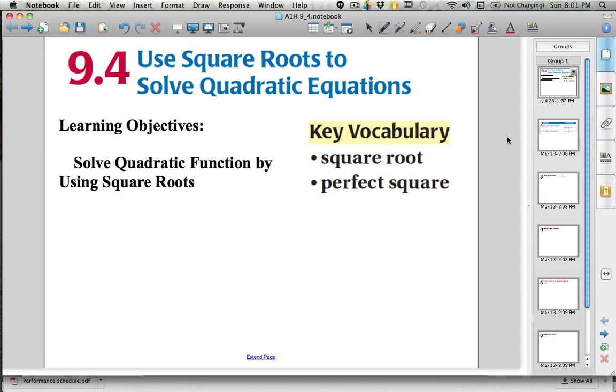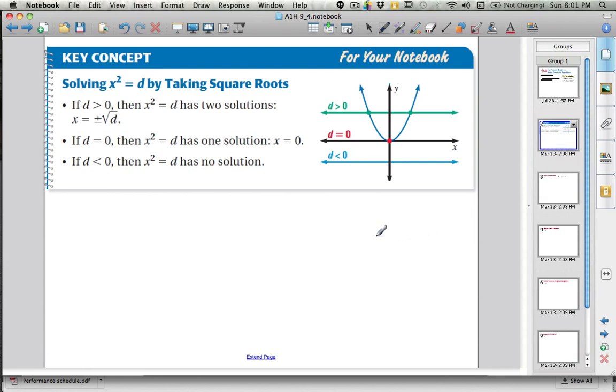In section 9.4, we're going to be working at solving quadratic functions by taking square roots. And the key vocabulary you're going to need for this are square root and perfect square. So these are things we've already discussed and should be pretty familiar to you. So when we're talking about the different possible results that can happen when you're solving a quadratic function in general,